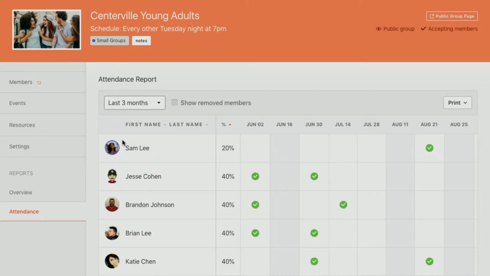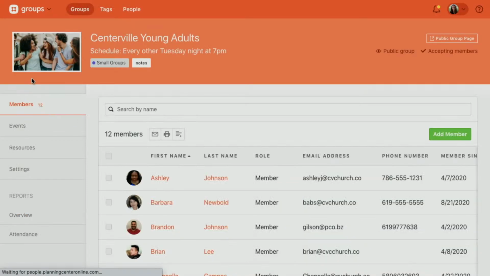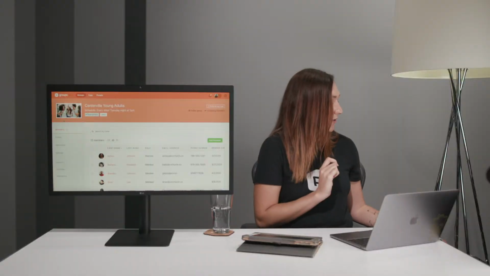So that is all for attendance. The next thing I want to show you with our group is a little bit more on messaging in Church Center. So I'm going to get my phone